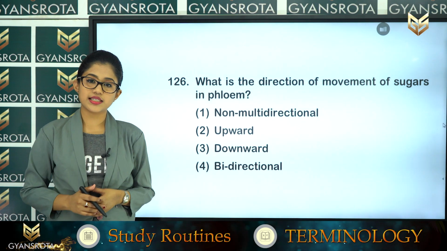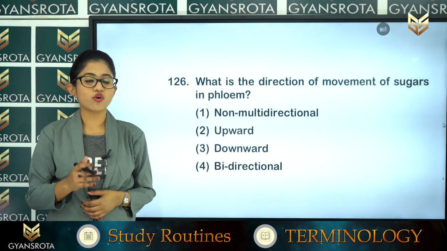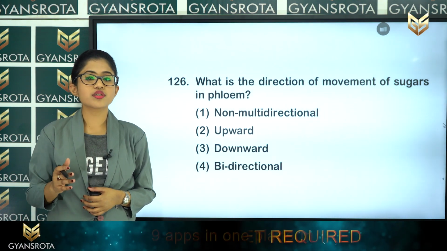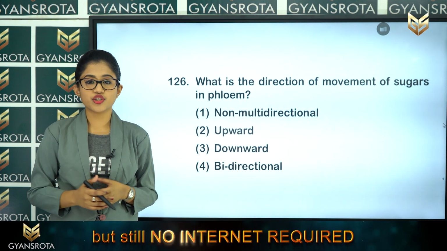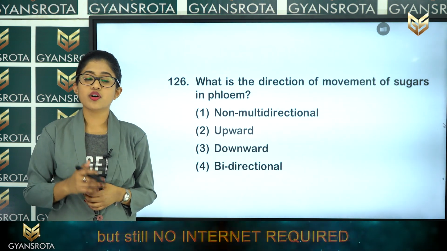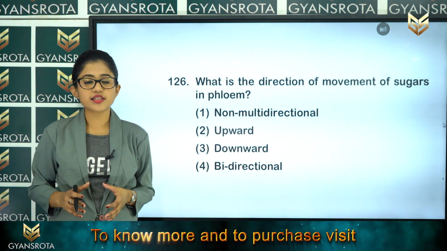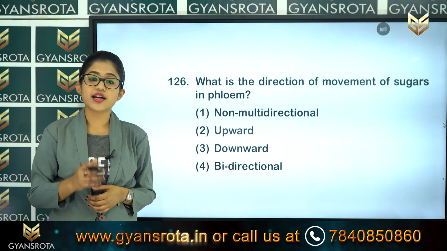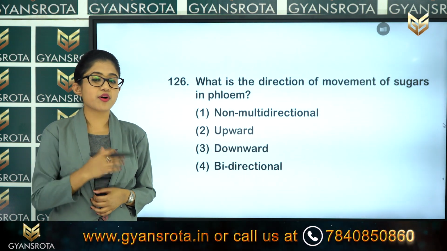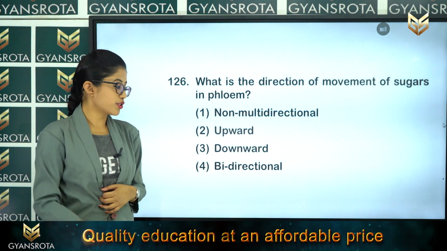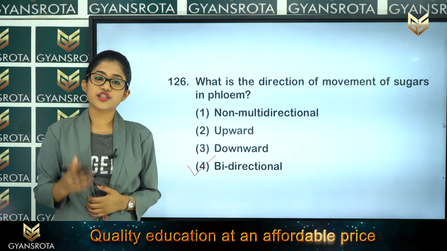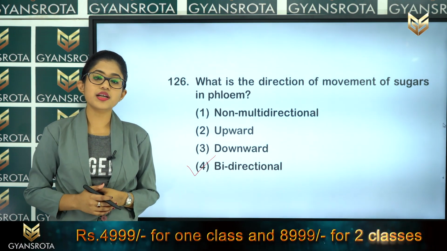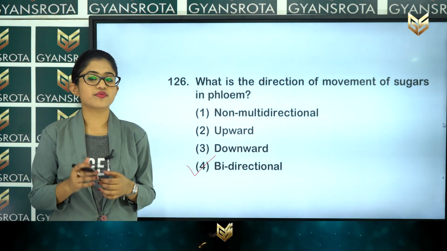We have already discussed this in the chapter Transport in Plants. I hope you have remembered that. The phloem tissue takes the sugar from source to the sink, right? And the xylem tissue is present in the lower portion, that is in the roots. It takes the water along with minerals and transports it to different parts of the plants, right? So, what is the direction of movement of the phloem tissue? Which among them is the correct answer? That is option number 4, bidirectional movement. So, the phloem tissue moves bidirectionally to transport the sugars in different parts of the plants,